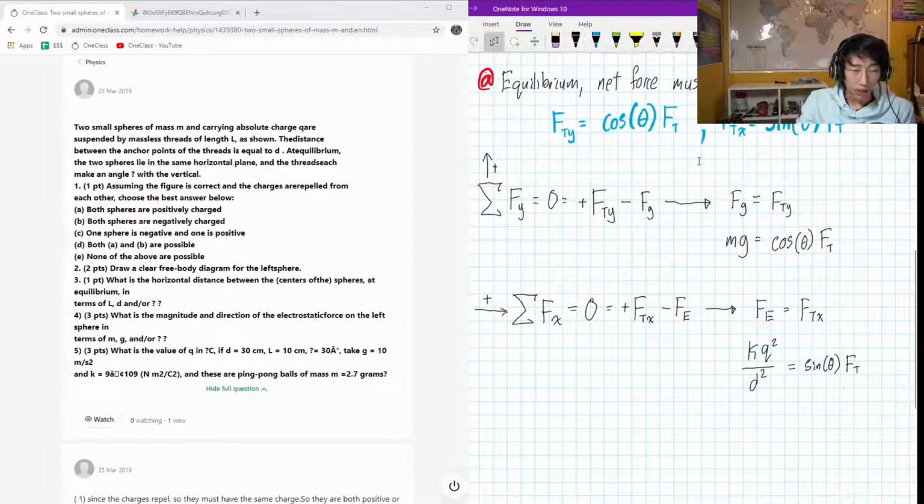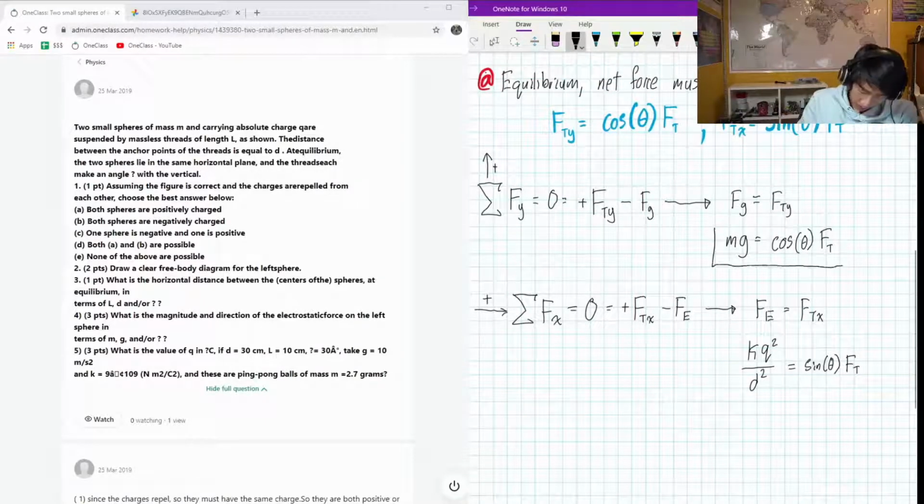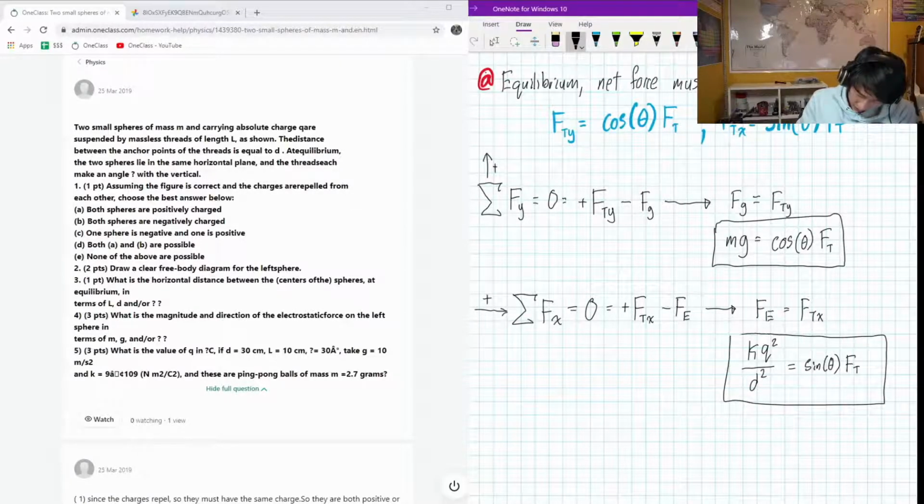Cool. Okay, so now that we have these two relationships, let's square them off so that they're more front and center. What we're trying to effectively do is find the horizontal distance between the spheres, right? We're trying to solve for D given these two equations. Now, it might not be completely obvious how we do that at first, but one thing we could do is equate these both to Ft and make them equal to each other so that we can isolate